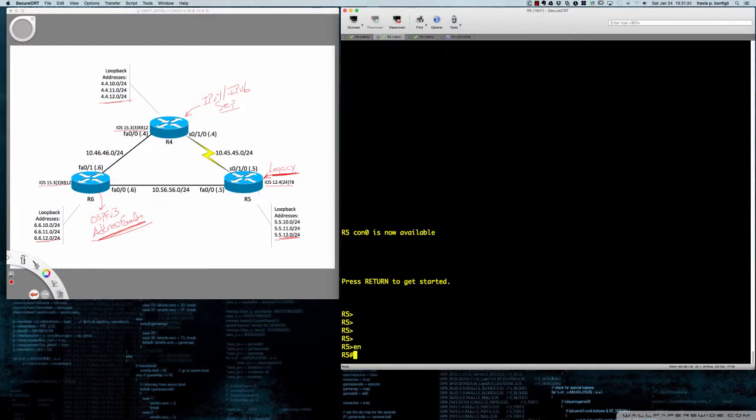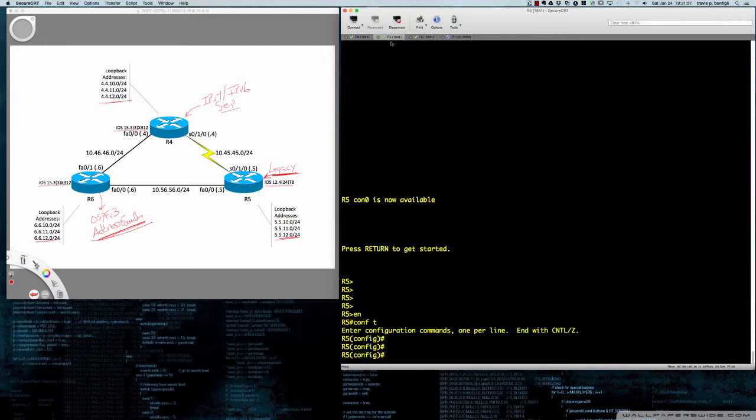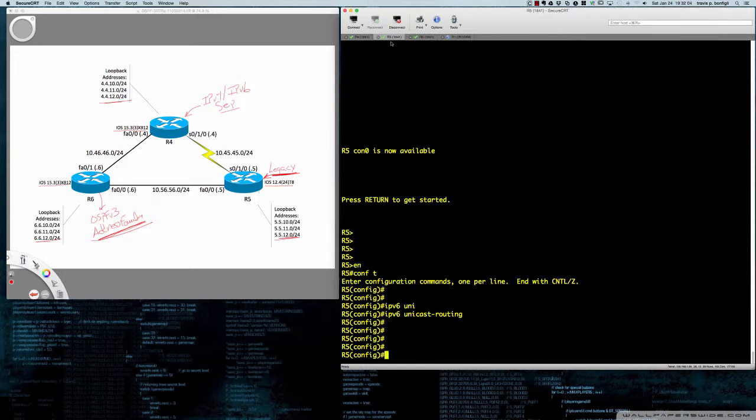So I'm going to go from user exec into privilege exec. From privilege exec, we'll go into global config. I should have enabled IPv6 unicast routing, right? Because we're going to be doing some IPv6 routing. So I'll just run that command again to make sure. So again, the legacy way to do IPv4 is to say router